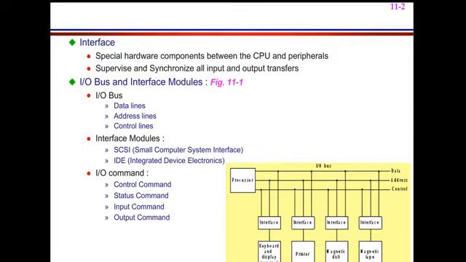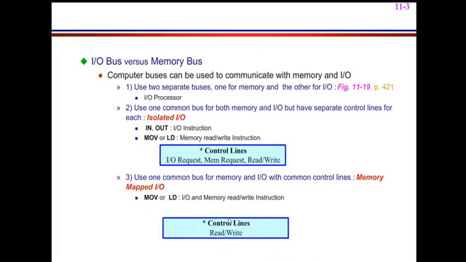An input command is used whenever I want to give inputs. Suppose the keyboard acts as an input device to your processor, then it gives an input command, whereas the printer acts as an output device, so your processor gives an output command to the interface module. From the interface module's point of view, the keyboard gives input to the interface, which acts as an input command. From this interface, the same value is given to the processor, which acts as an output command. So this is what relates to your I/O module.